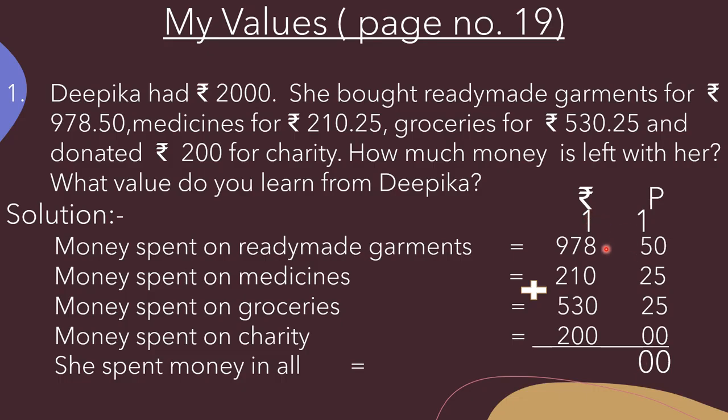Now 1 plus 8, 9. So here we will write 9. Now 7 plus 1, that is 8, 8 plus 3, 11. So here 11 is 2-digit answer, that's why we will write 1 here and 1 will be carry over. Now 1 plus 9, 10, 10 plus 2, 12, 12 plus 5, 17, and 17 plus 2, 19. So here we will write 19. So what is the answer? That is